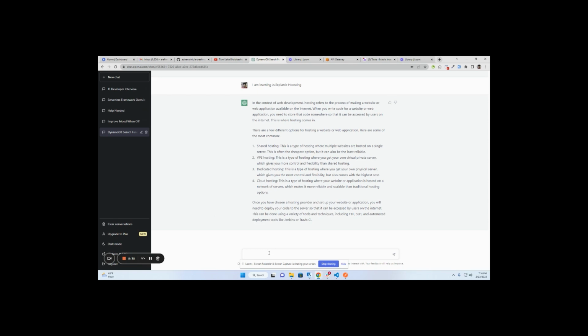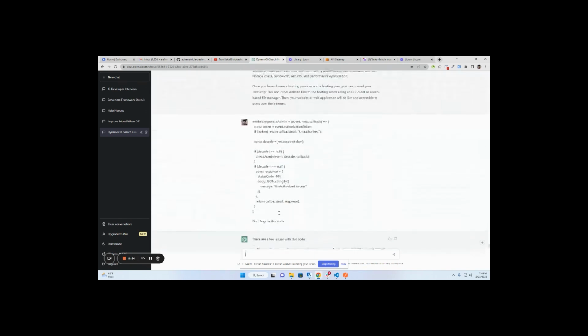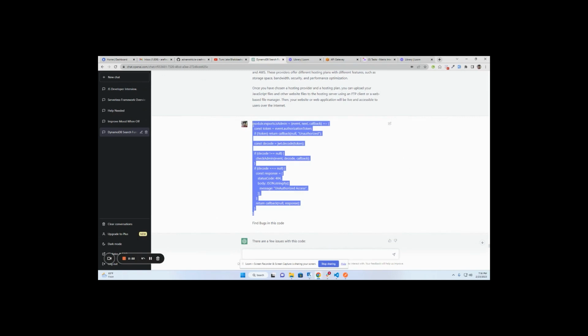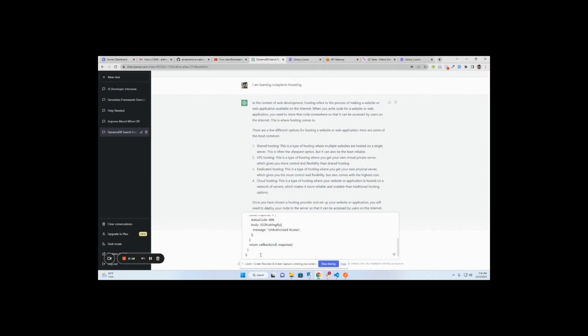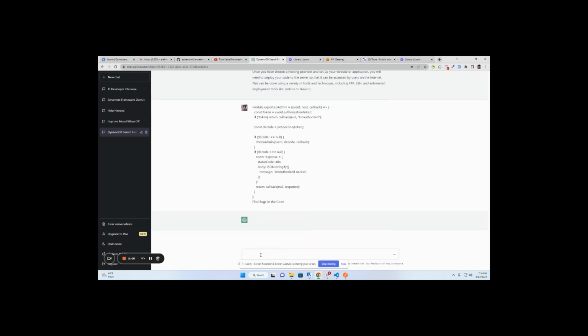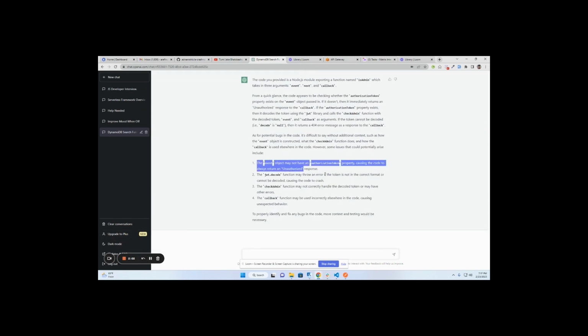Next, what we can do if we have some code already, we can ask it to find bugs. So it has analyzed my code and given suggestions to improve. Okay. One interesting thing we can do is like